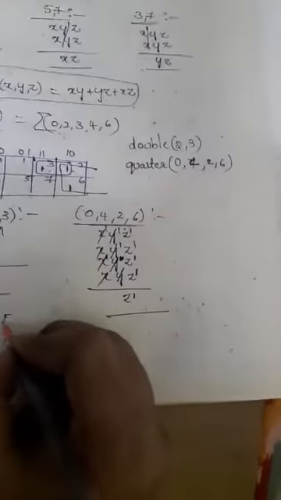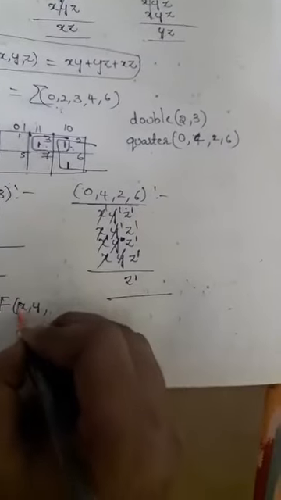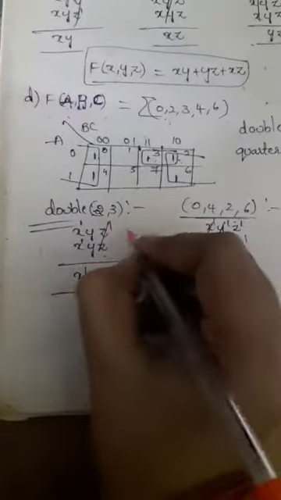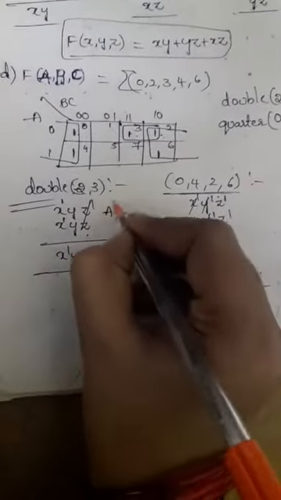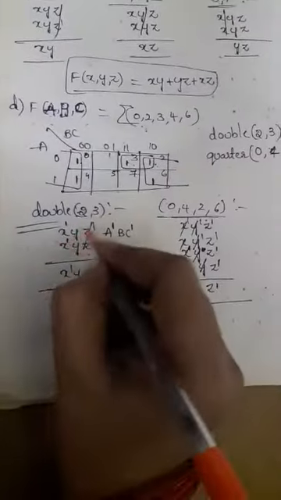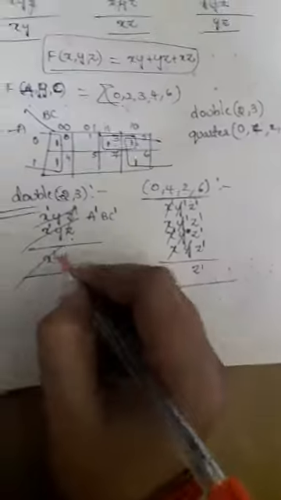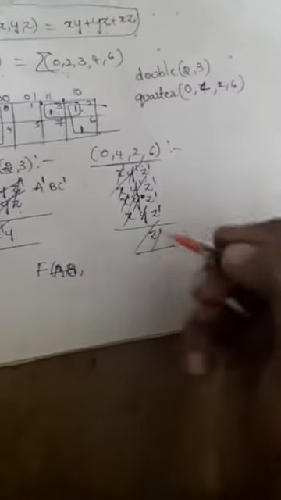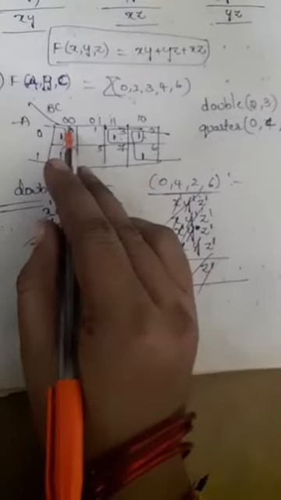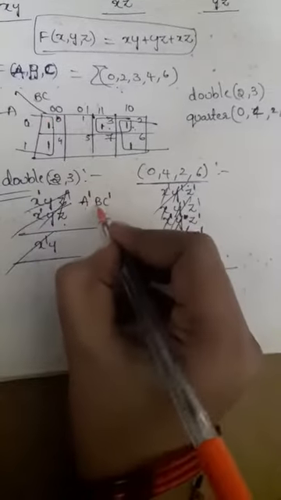So finally this f of x y, sorry, a b, here we have to change the variables now. So that is a complement b c complement. Okay, sorry for this, I just considered the previous variables. Just changing the variables, the result will be the same. A complement b, this is 000, a complement b complement c complement. Sorry, I will do it again.